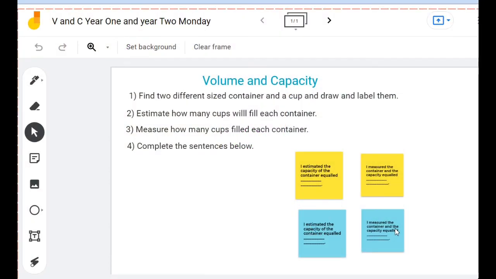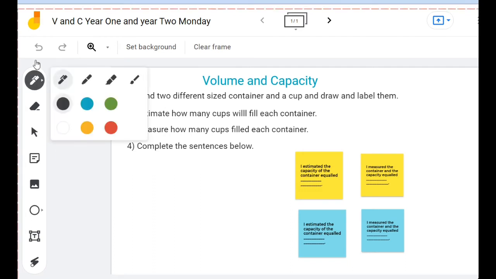Okay, I'm going to do this on the Jamboard for you and you can follow along. But if you want to do this on a piece of paper, that's totally fine. So here's our Jamboard with our volume and capacity task. You found your 2 different size containers and a cup, and now we need to draw and label our containers. I'm going to get my pen tool